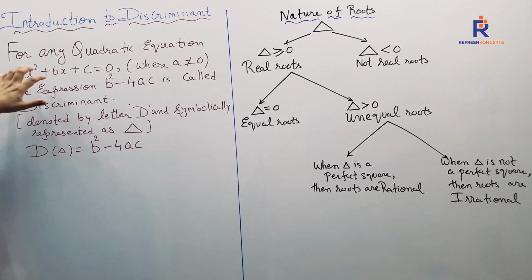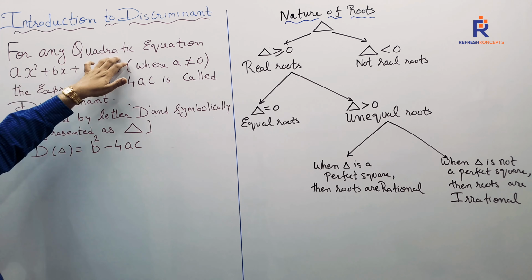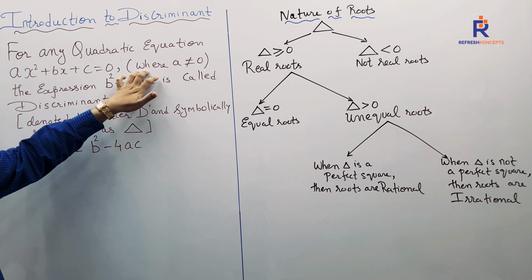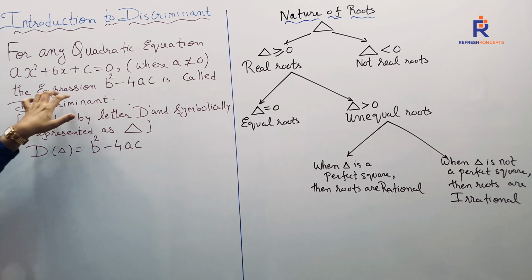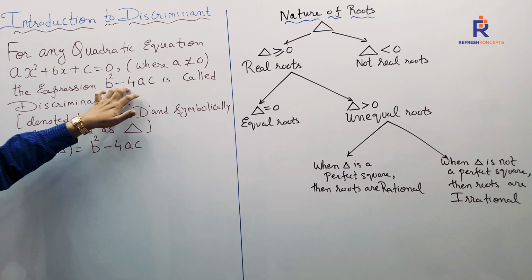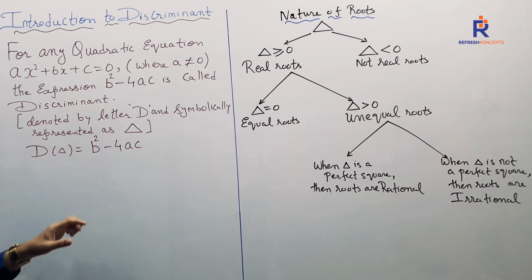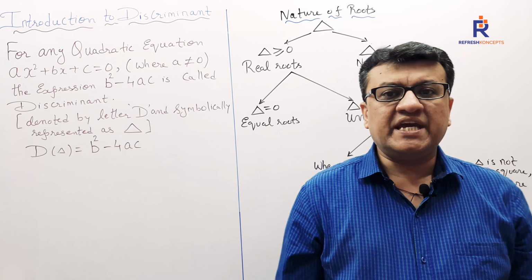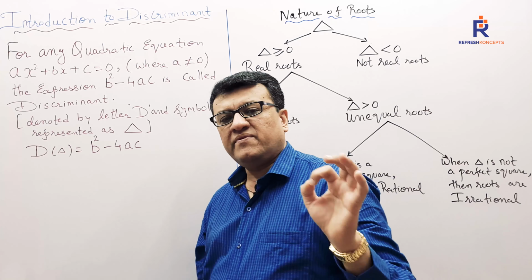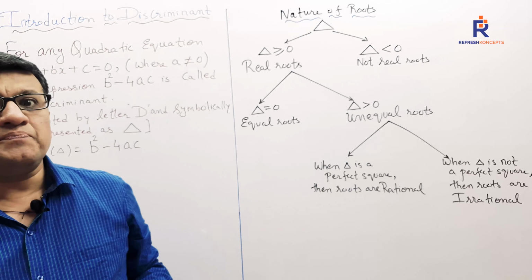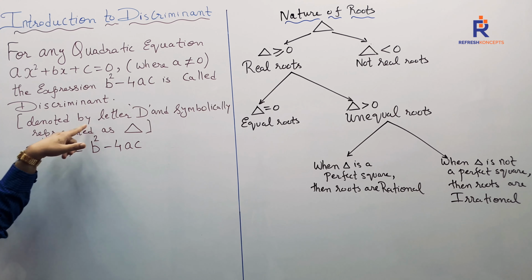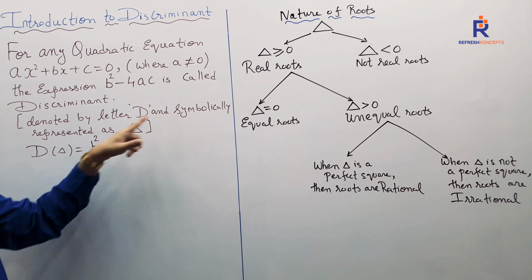So what it says, children, for any quadratic equation, ax square plus bx plus c equals to 0, wherein a is not equal to 0, that's the definition. The expression b square minus 4ac is called as discriminant. So what is discriminant? For any quadratic equation, when we get a, b and c, the value b square minus 4ac is termed as discriminant. Denoted by letter D and symbolically represented as